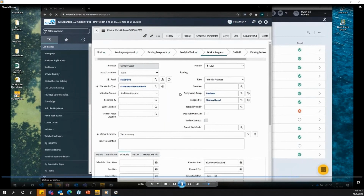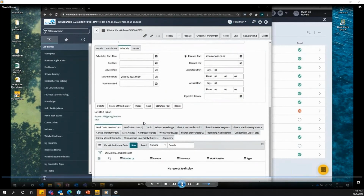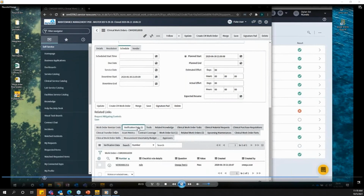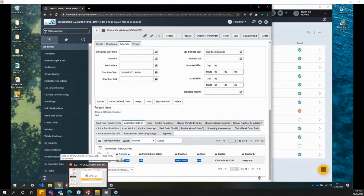He's going to scroll down because we want to make sure that our data came across, which of course it did, under verification data. And we can see that this test passed. And we also see that there is a copy of the procedure attached to the work order. And what that looks like is